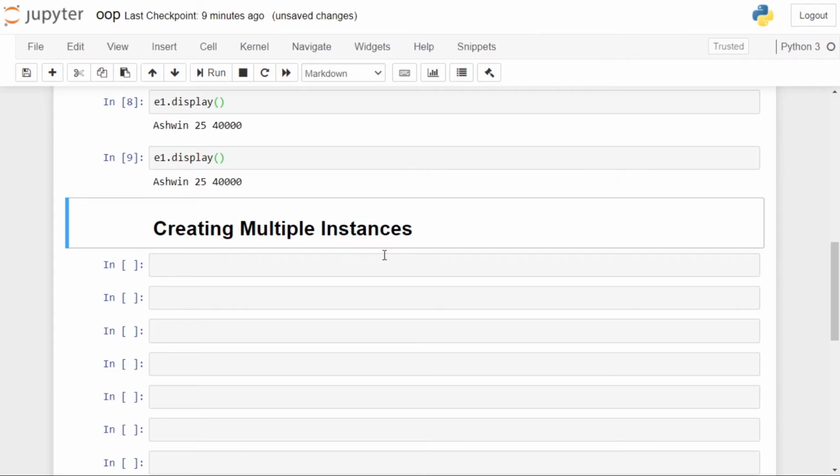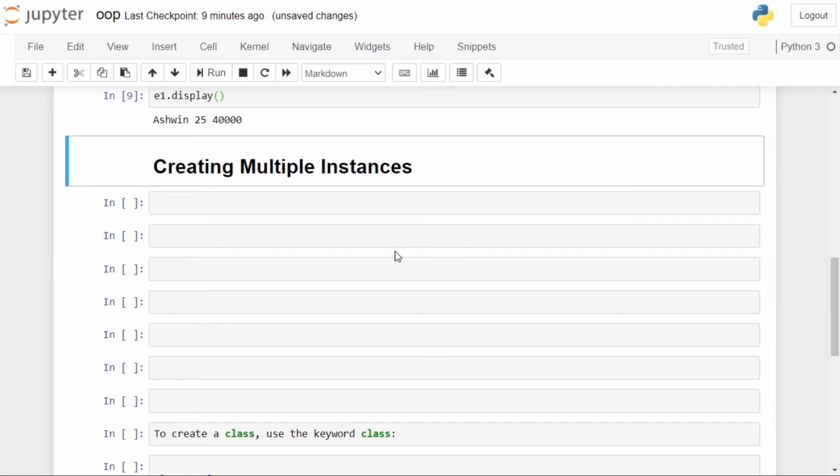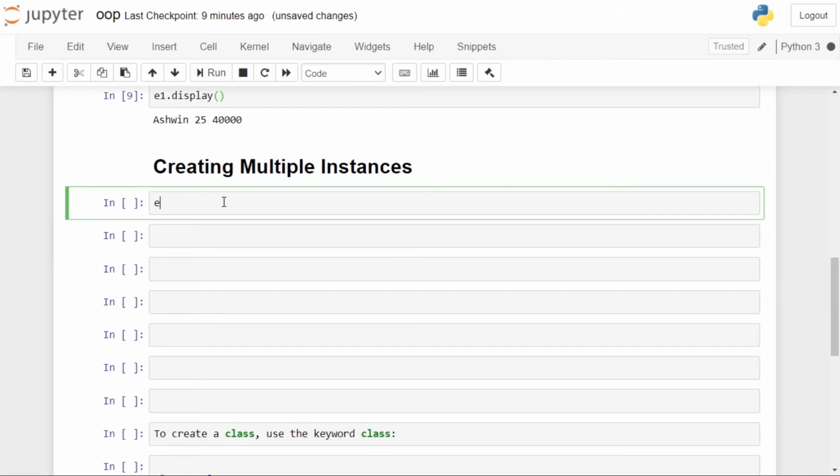If you want to create multiple objects or multiple instances of the class, then you have to give the object name equal to the name of the class Employee, and you have to provide the arguments which will be stored in the parameters and initialize the variables of the class. For example, here you will have Rajesh, age 50, and salary is 1 lakh.